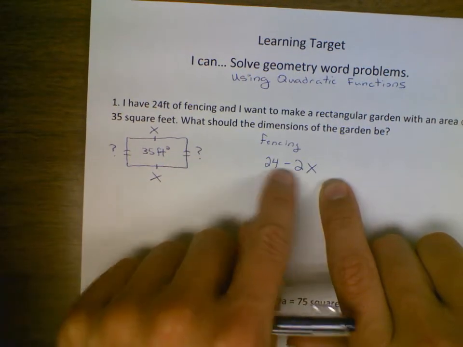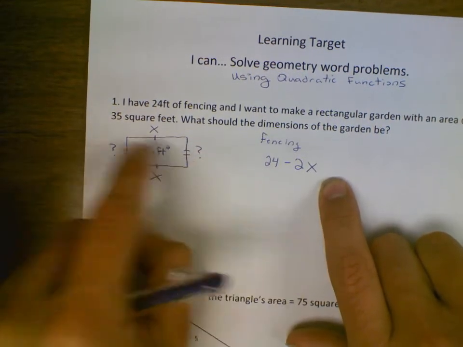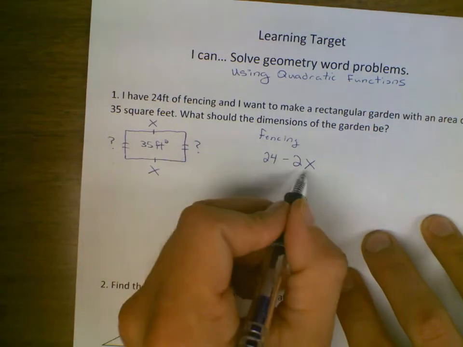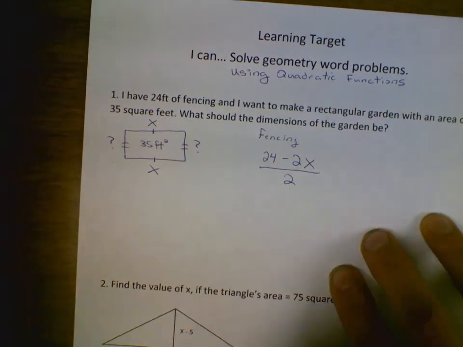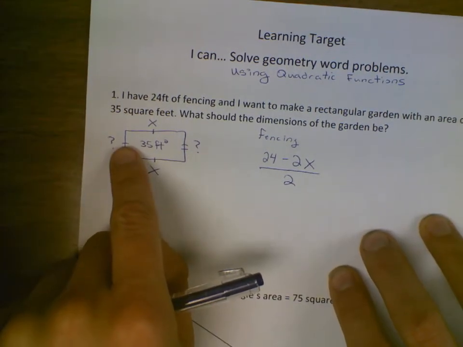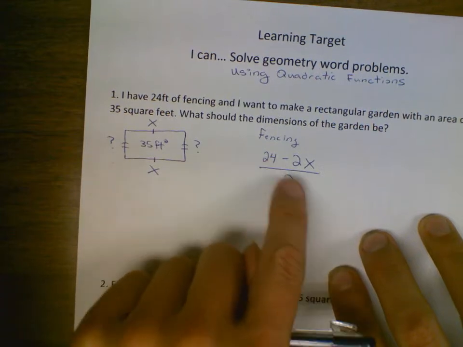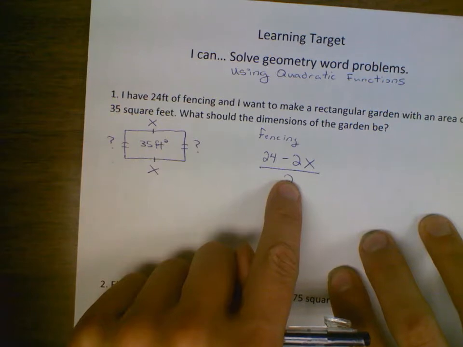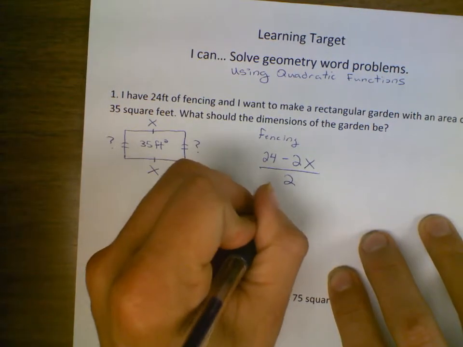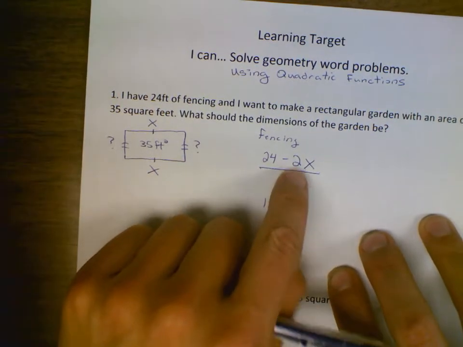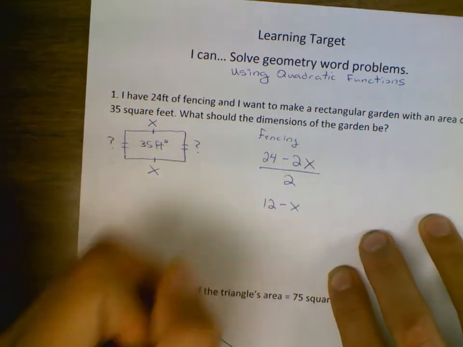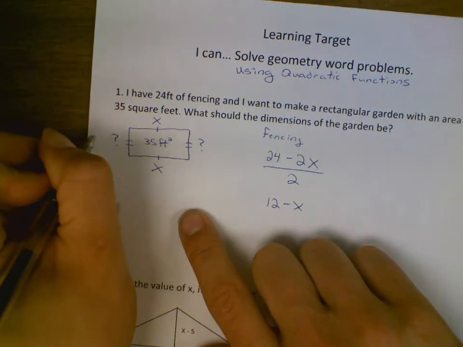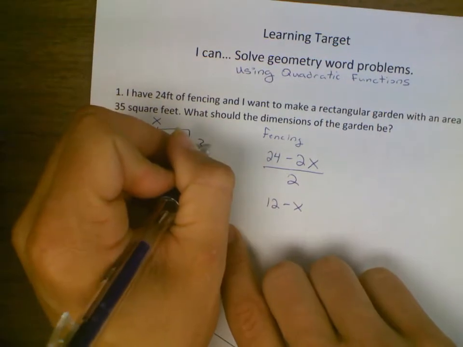I have to split this in half. Half of it has to go here, and half of it has to go there. So what I do is I take my remaining amount of fencing, and I simply divide by 2 because it's going to get split between the two sides. Now, when I do this, 2 is getting divided out of both numbers, right? I'm taking half of 24 and half of 2x. Well, half of 24 is 12, and half of 2x is x. So I get 12 minus x. So the height here, or the length, so to speak, is 12 minus x,